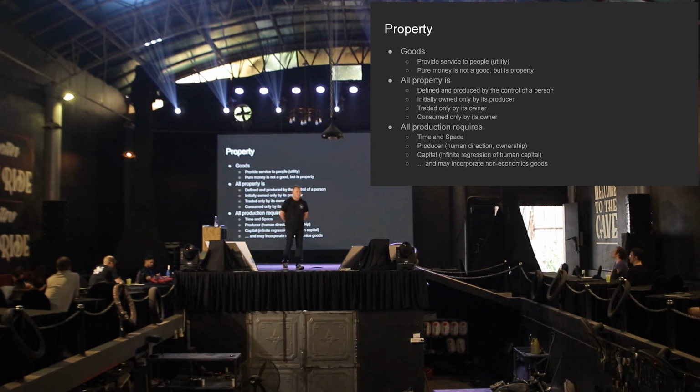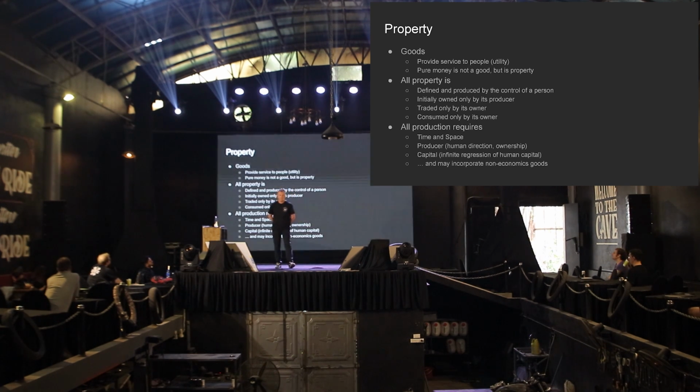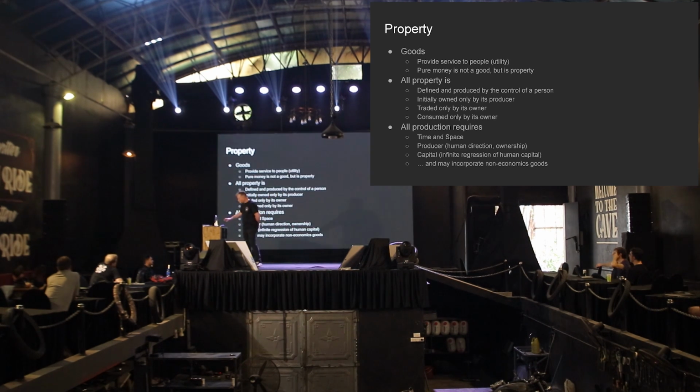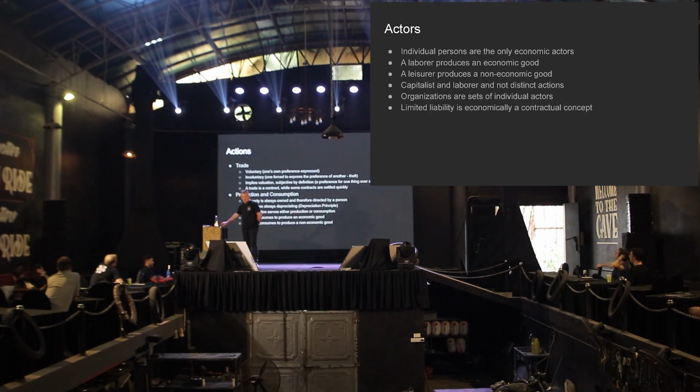That's where all property originates from. There's some non-economic goods, some land that nobody owns, and it's free. And then somebody takes control of it. So now it's an economic good. It's still a good, right? It doesn't have to be property. It'd still be a good, but it's not an economic good. It's not trade. You just use it. Okay, so let's see. We got 2%.